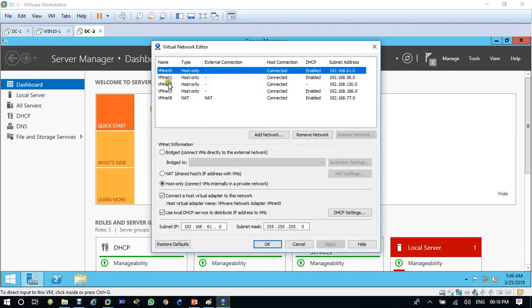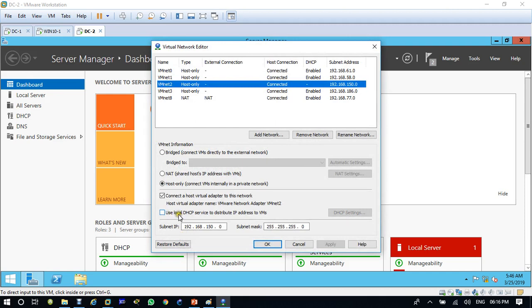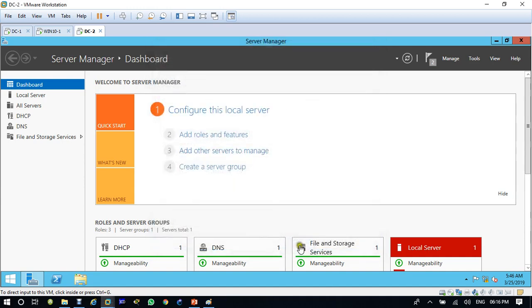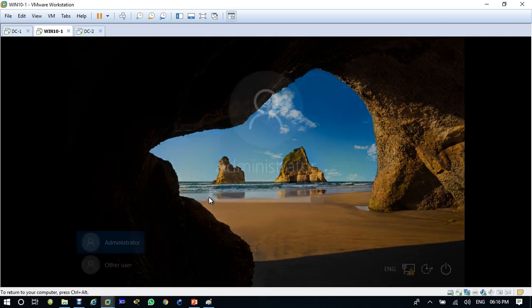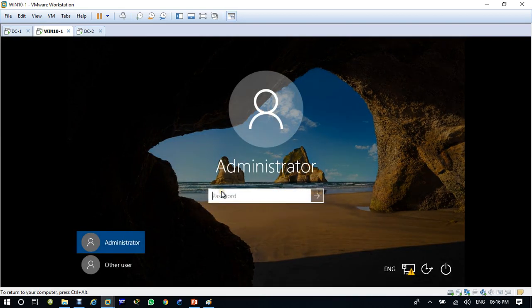If the checkbox is there, what will happen when this client wants an IP address? Instead of getting the IP from our DHCP, it will get the IP from the base machine. That's why we remove it. Okay, now come to Windows 10.1.